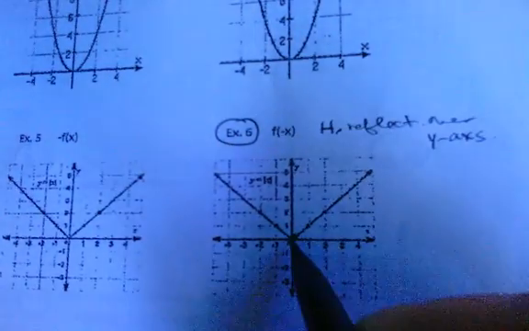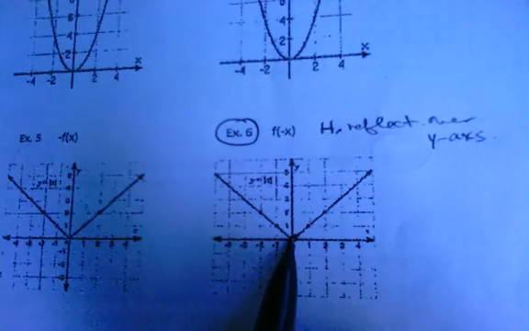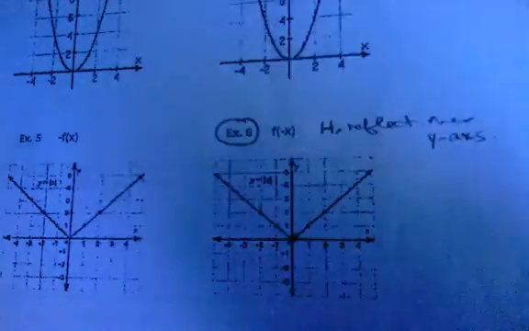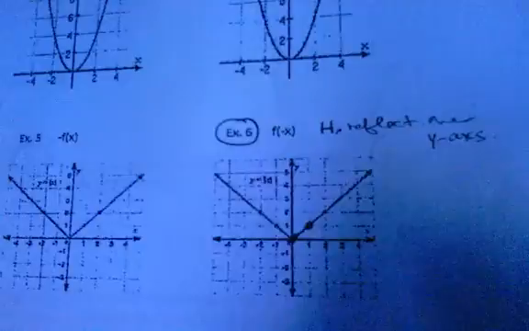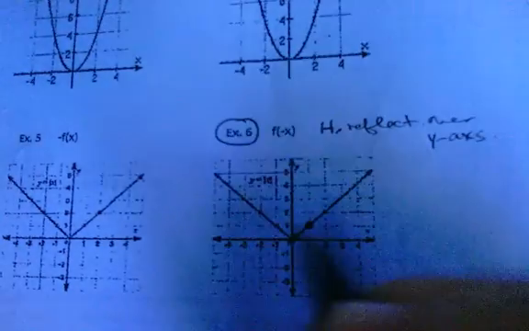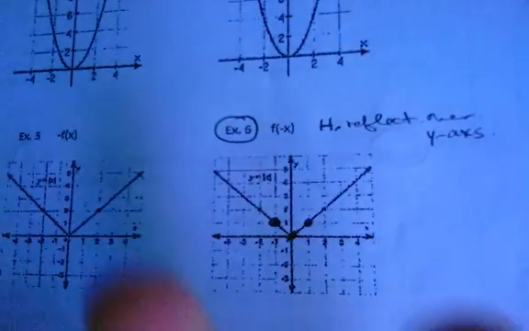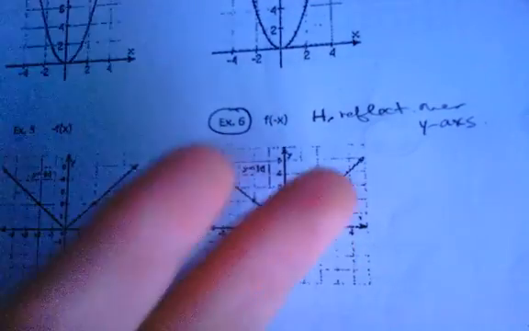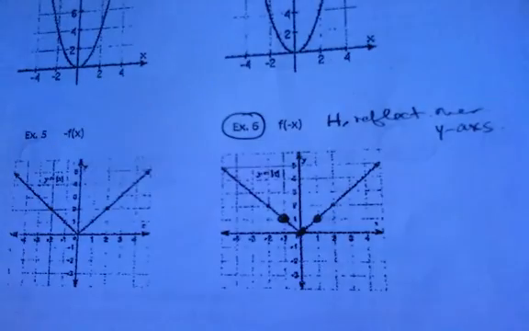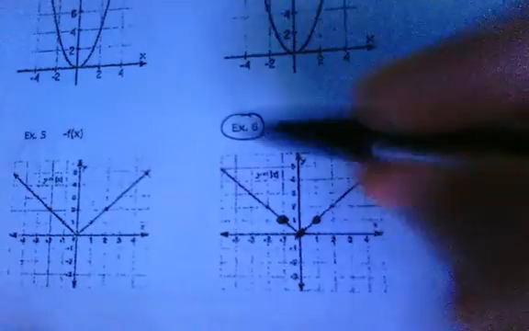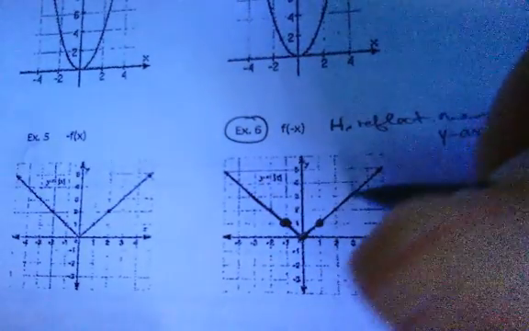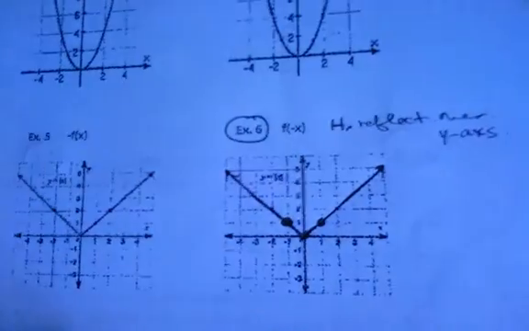So this one's interesting because that point's right on the y-axis, so when you reflect it over the y-axis, it stays put. This one is 1 unit to the right, so when you flip it over, it's 1 unit to the left, which is actually where a point already was. And that point that was 1 unit to the left is going to get flipped over 1 unit to the right. So when you flip this graph over the y-axis, it lands on top of itself. So the original graph is right on top of the new graph,